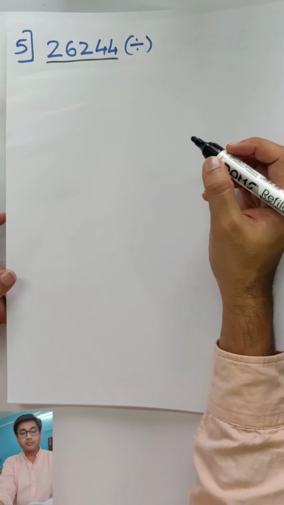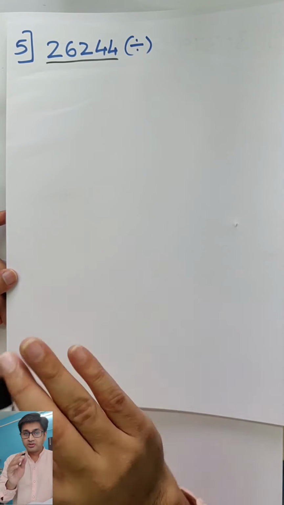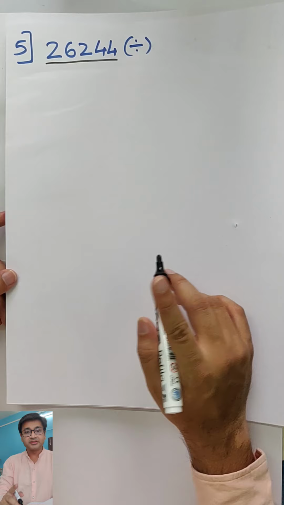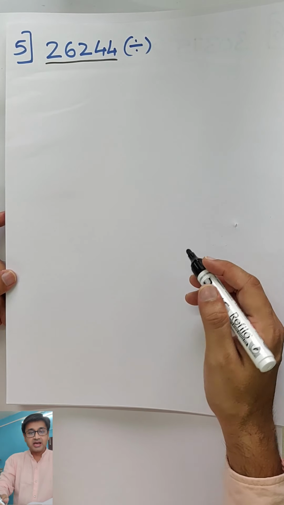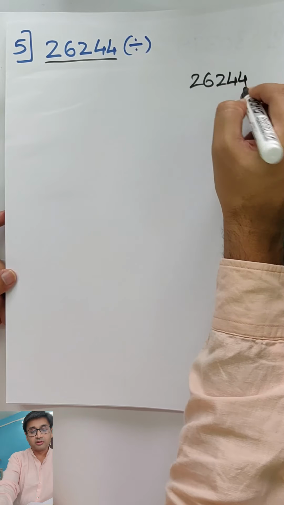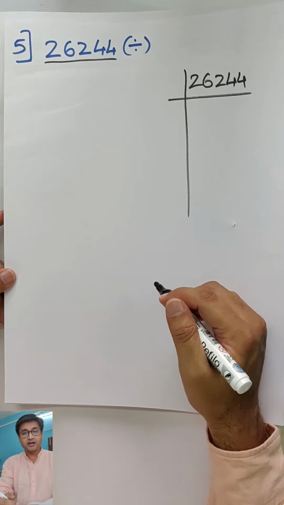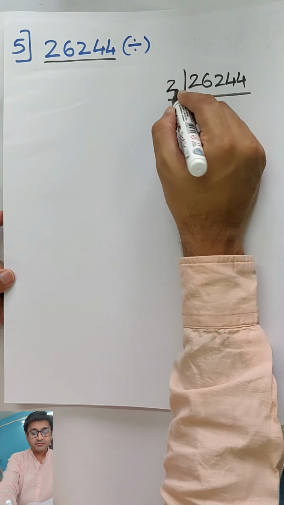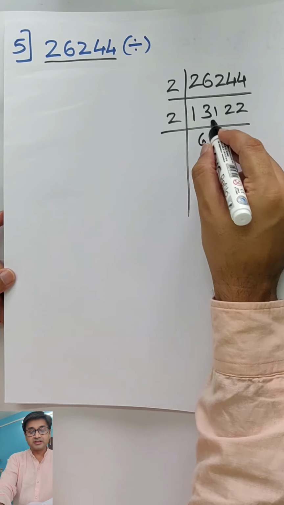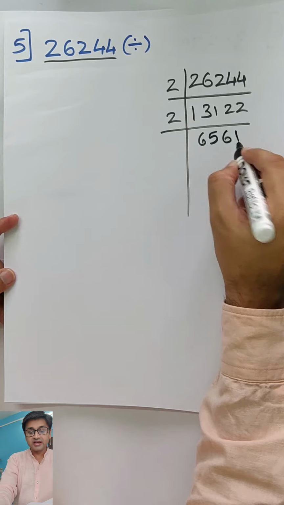26244. What number should it be divided by so that this becomes a perfect cube? We've done this type in the last exercise also. So first thing you need to do is get the factors and then we'll see what to do further. So 26244, getting the factors. Come on, pause, try on your own, everyone. So 2 ones are 2, 3s are, 2 2s are 4, 2 6s are 12.